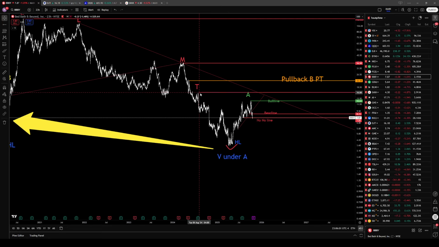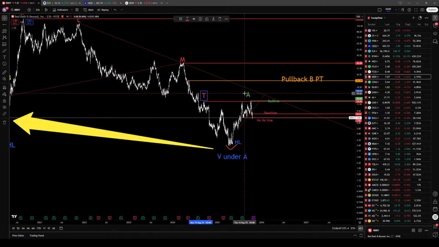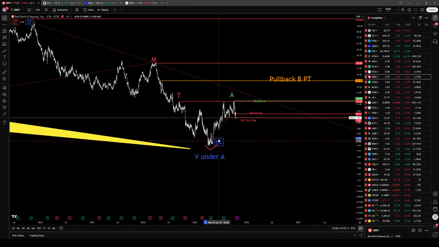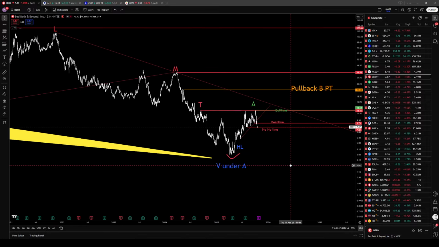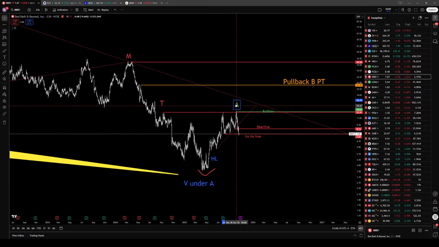I would even say that for the bullish version, this would be a T. And for the bearish version. So, you did your VNA, perfect. You did your high low, perfect. For the bullish version, we would already be done with our A peak, which would be